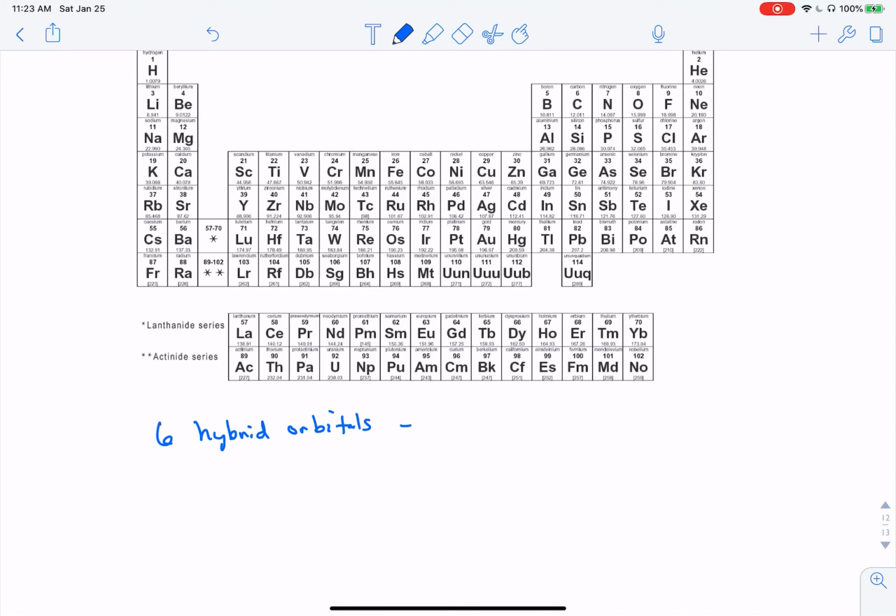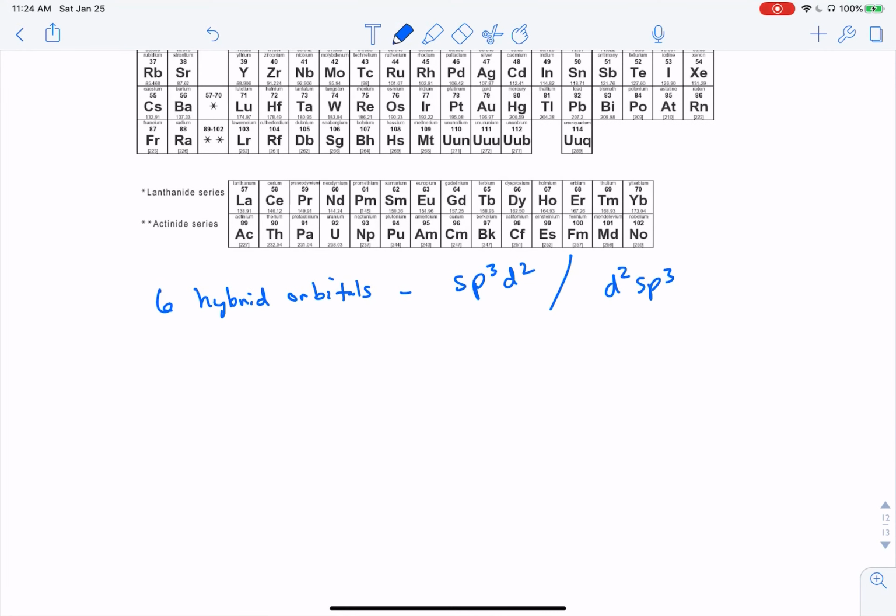No, there's not 5 though, Noah. How many p's are there? How many? Yes, sp3d2. Because you can only have a maximum of 3p, that's why expanded octet has to have a d sublevel. Sometimes they'll write it as d2 sp3. It doesn't matter. There's not a difference between writing it that way. Technically, there are theoretically structures that have 7 hybrid orbitals, but for our purposes now, stability-wise, 6 is the